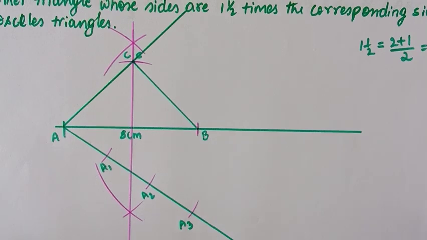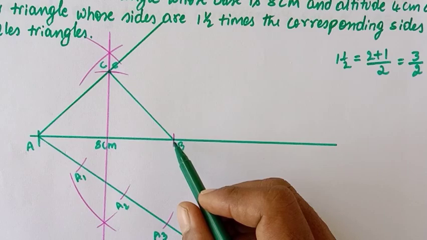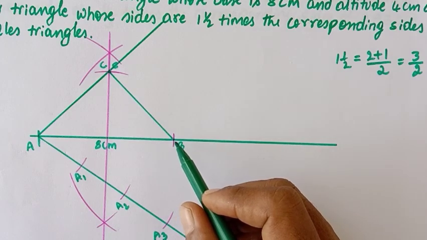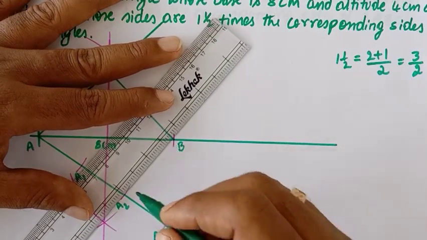A3, and now I will join, as you already know the denominator is 2, as the denominator is 2 I have to join A2 with the present length, that is B. I will join these 2 points,